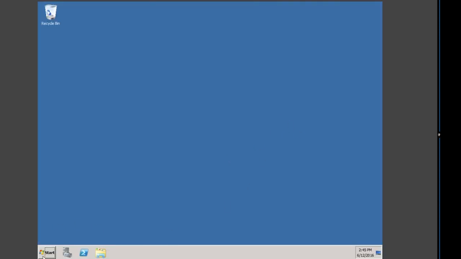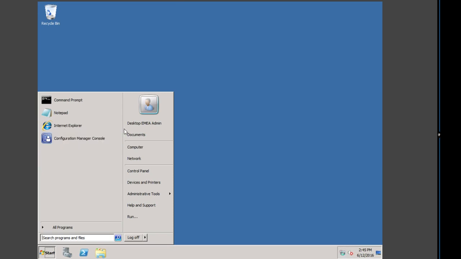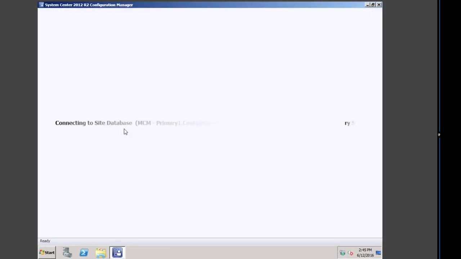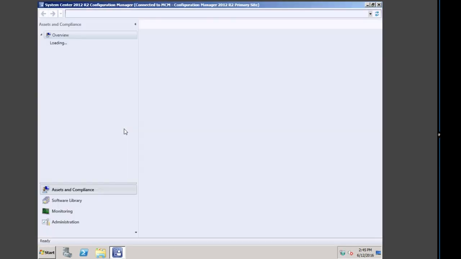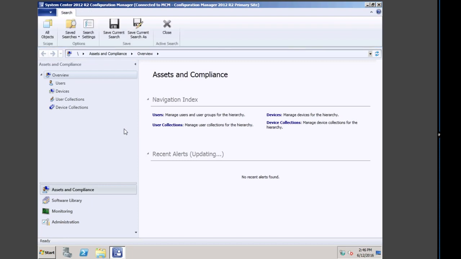Now we're going to log on to the configuration console, and if you could recollect, previously we could not log in with the account because the account had not been given administrative rights in the database. So now you can see we are logged in with the desktop admin, and straight away you notice that